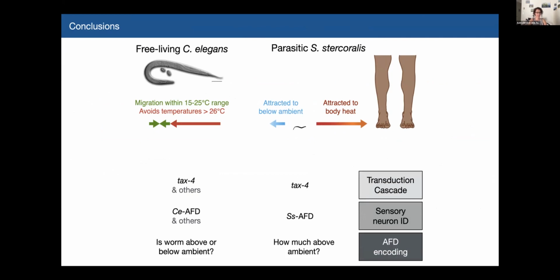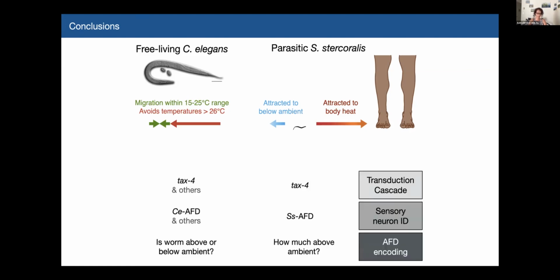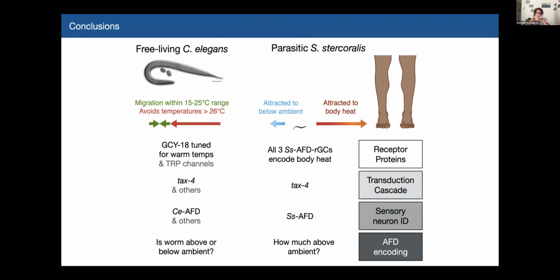And I presented calcium imaging results that suggest that stercoralis thermosensory neurons more strongly encode temperature ranges that span human body temperatures. And I identified one possible mechanism, an expanded number of thermosensory proteins in Strongyloides stercoralis that confer sensitivity